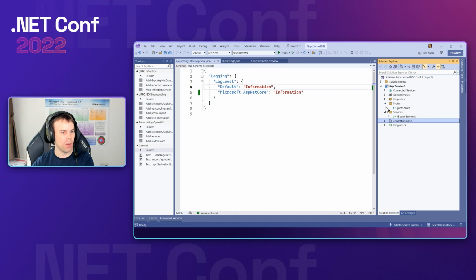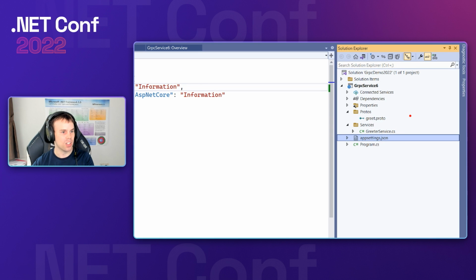Okay, let's take a look at what we can find in our solution. So we've got this greet.proto file. This is the contract I mentioned to you earlier. This is where our messages are defined, our services are defined. You can think of the contract as kind of like an interface, and then there's an implementation for that interface. So the implementation is found in greet.service.